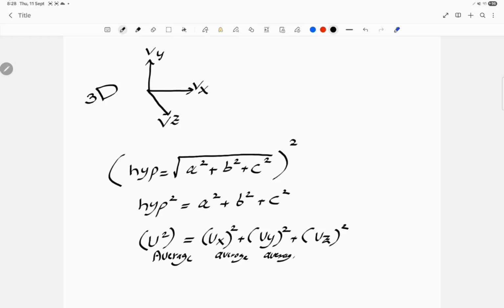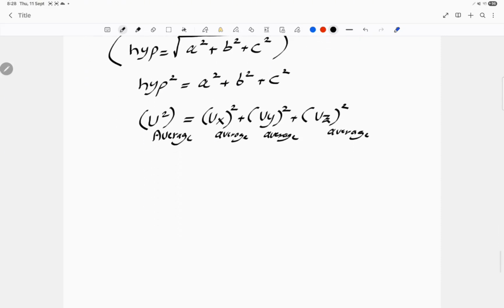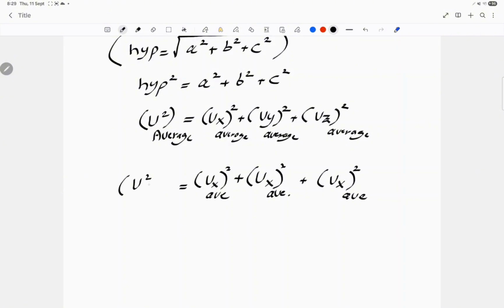Add the word average to all of them. Now, as you were already told, Vx is equal to Vy and is equal to Vz. So now we can replace the Vy and the Vz with a Vx. So we're going to have here Vx squared average plus Vx squared average plus the original Vx squared average. The whole thing is equal to V squared